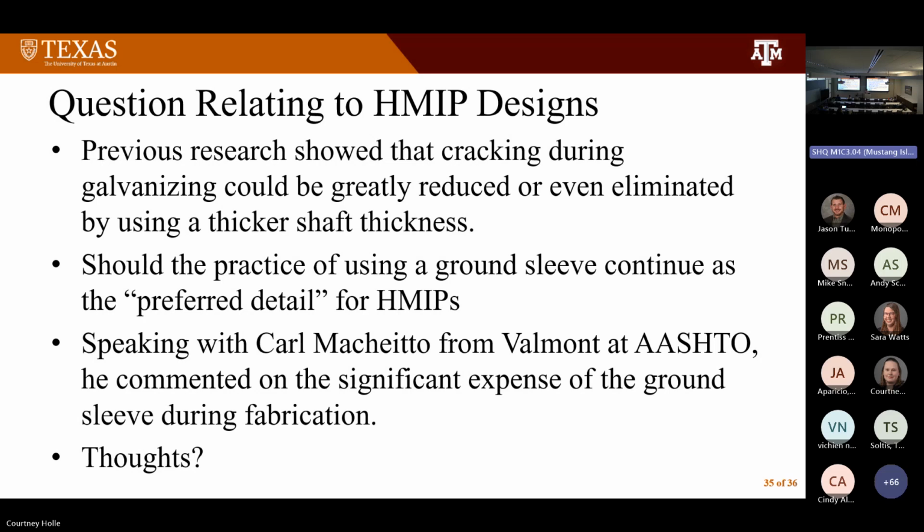I've been outside of the ancillary structure life for the last 10 years because researchers have a very short attention span. Oh, there's no more funding there, so we move to something else. But that's something I would suggest you think a little bit about. Granted, from an inspection perspective, you need to be able to look at ground sleeve sections and non-ground sleeve, but if potentially you get simpler structures for the new ones you're putting out there that still have very good performance, it may be something to think a little bit about.